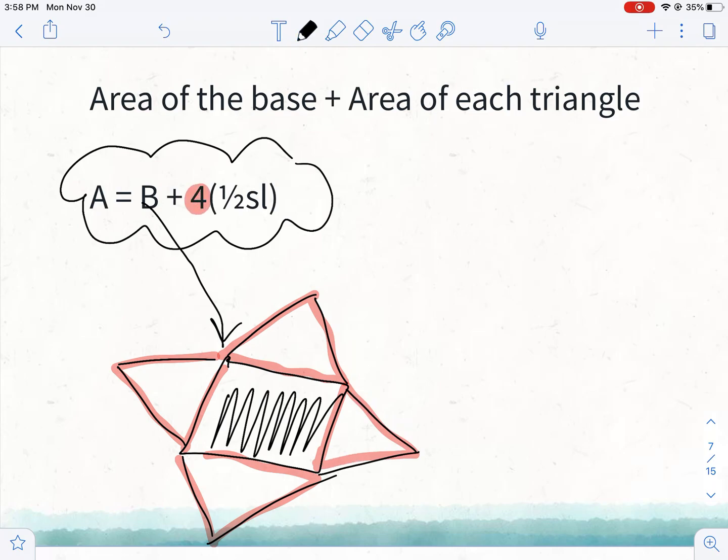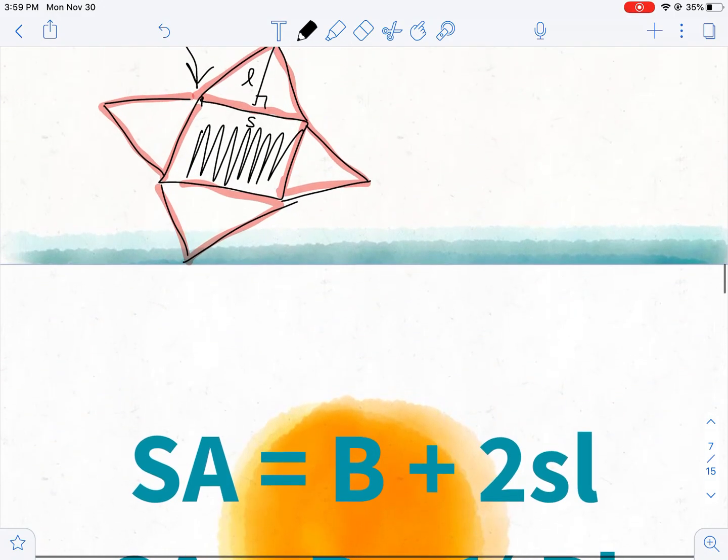Okay. Where each triangle is going to be 1/2 base times height, but the base of the triangle is the side of the base of the pyramid, and the height of the triangle is the slant height of the pyramid. But this only works on a square pyramid. Okay, so on a square pyramid, I could clean it up and get base plus 2 times slant height times